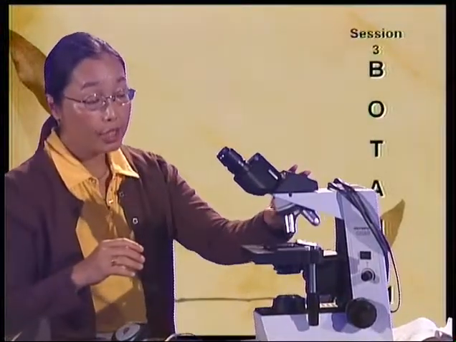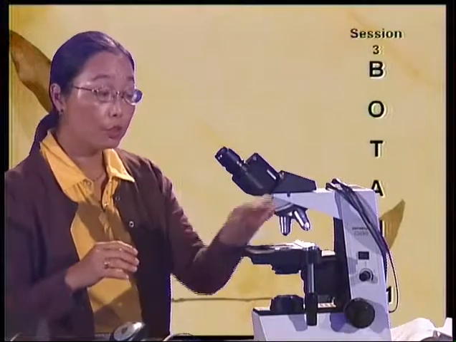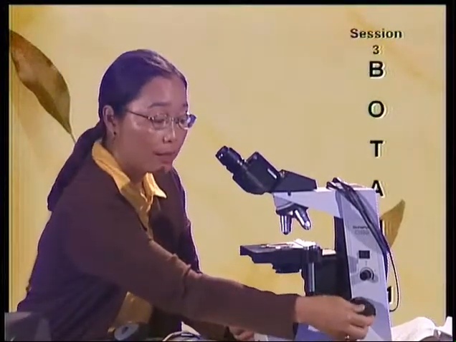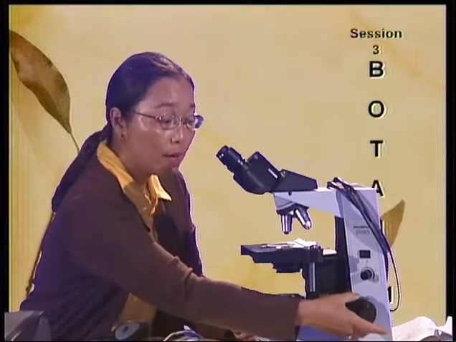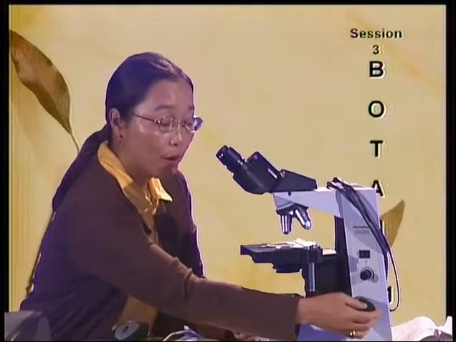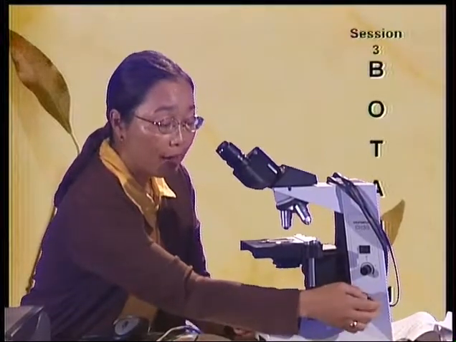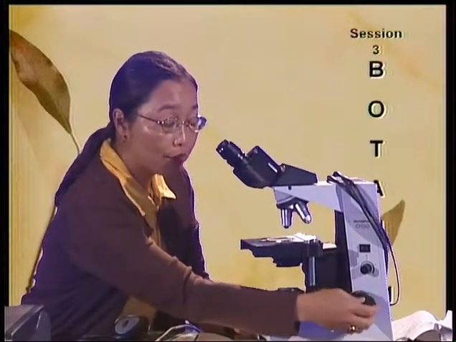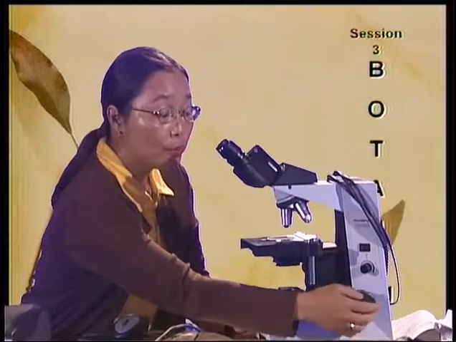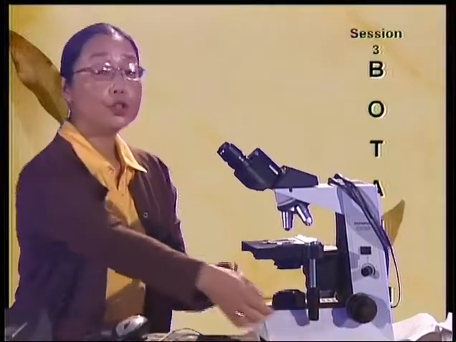After you have it focused at scanning power, you will then change it to low power. The one with the yellow line on it, right? And then you'll use a small knob here. So we have the large knurled knob for scanning power. We have the smaller coarse focus adjustment knob for scanning power, and fine focus knob, because what this fine focus will do, it'll only move the stage very slowly, so you don't have the possibility of sending the stage crashing